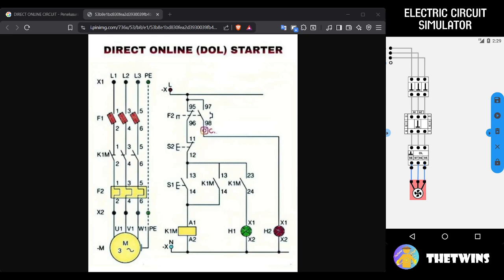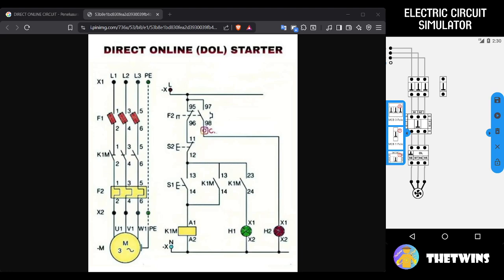Let's go on to make the control circuit. Oh no, it's direct to OL. I want to improve it: add MCB 1 pole like this, and then F2 is the same like this.